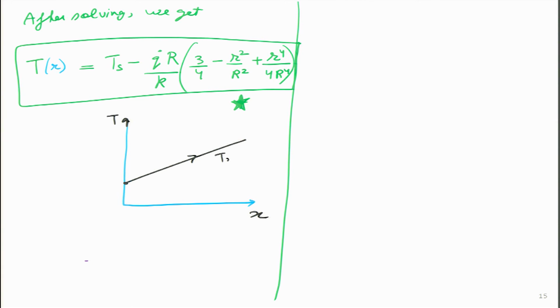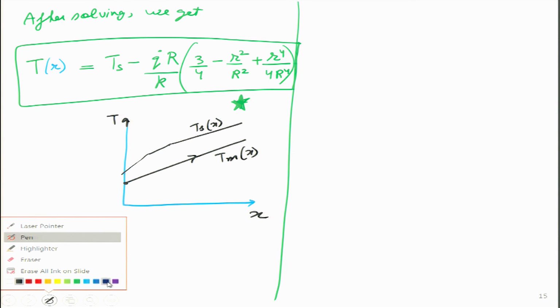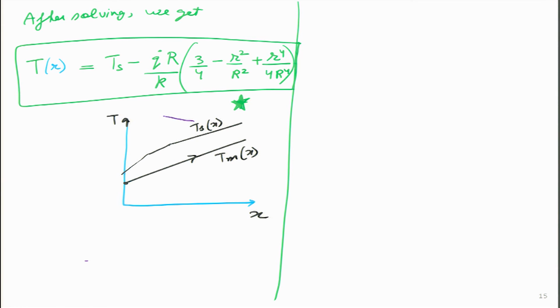The mean temperature is going like this, surface temperature is going like this. Remember, both have to be a function of x, and here is the hint I have also given. So the solution is that this Ts that we are thinking is a constant, it is not a constant. Please remember, this Ts is a function of x. I am just not writing the bracket, but we all know it is a function of x,